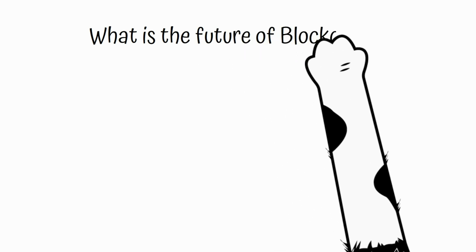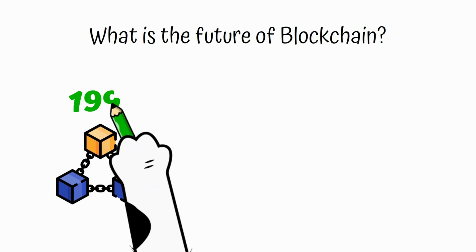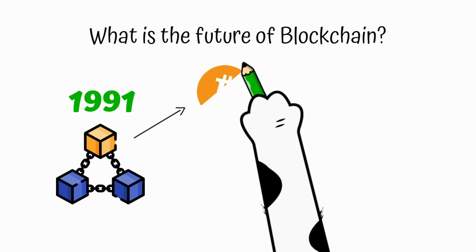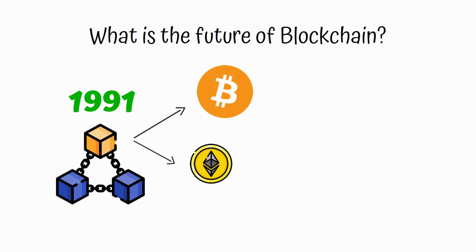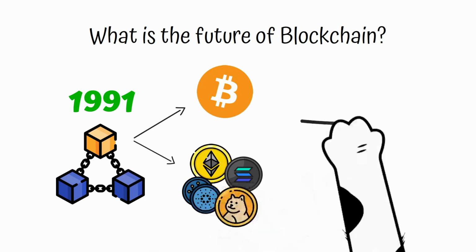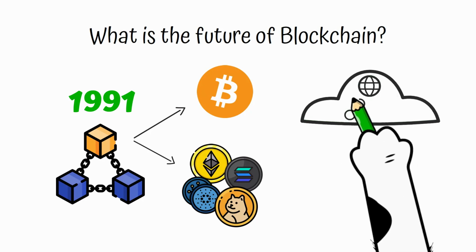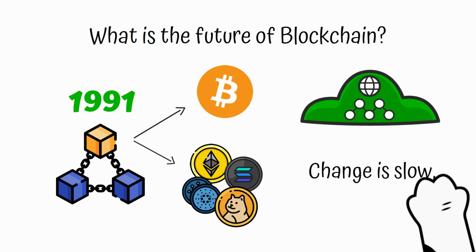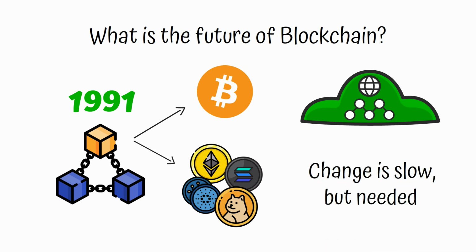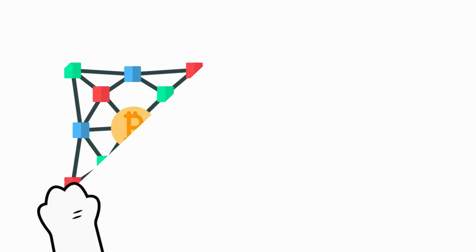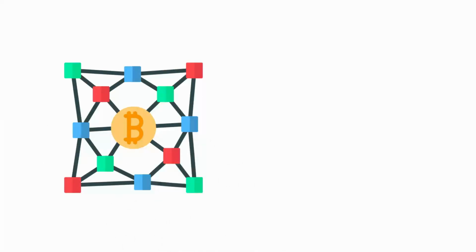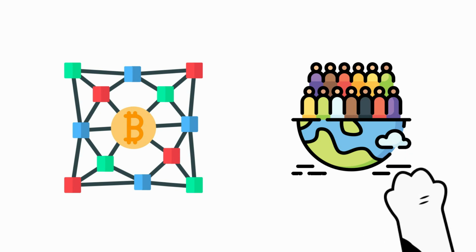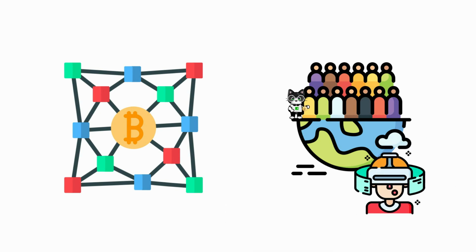What is the future of blockchain? First proposed in 1991, the blockchain has gained importance through Bitcoin and other cryptocurrencies, and the rest of the financial sector is already beginning to develop its own technologies. There is still a long way to go for the rest of the sectors in society and the economy to start using blockchain as a central technology, since adapting to change is difficult. But if one thing is certain, it's that this technology is here to stay, and it will begin to change the reality of many sectors of the economy, and of how we live and interact with others.